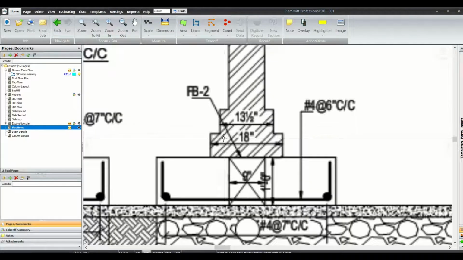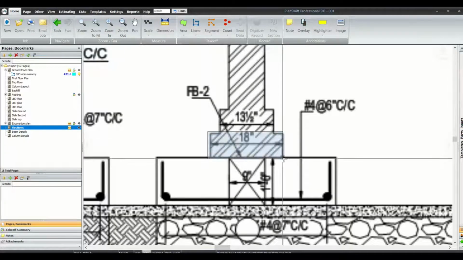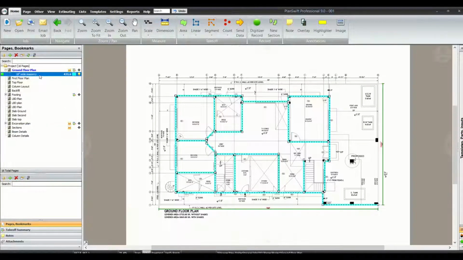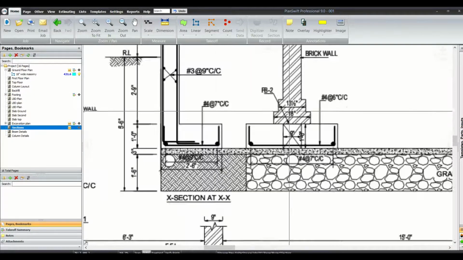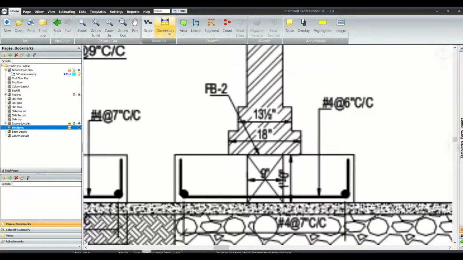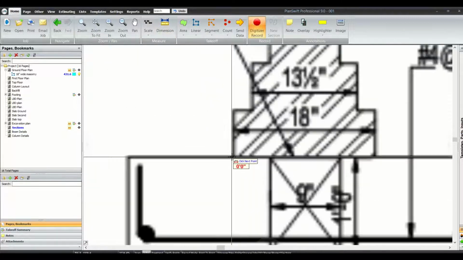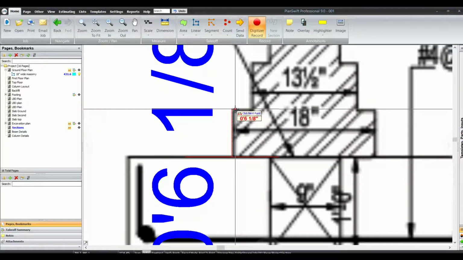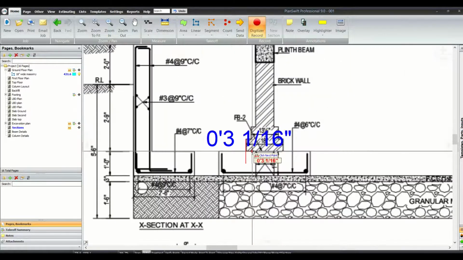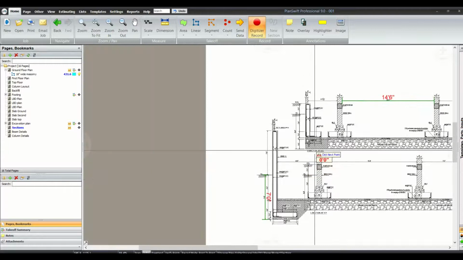So we have 18 inches wide masonry, this much length of masonry, and on the other side this much height. We are going to check the dimension of this height, and it's showing me 6 inches. Let me verify that the scale on this sheet is correct.